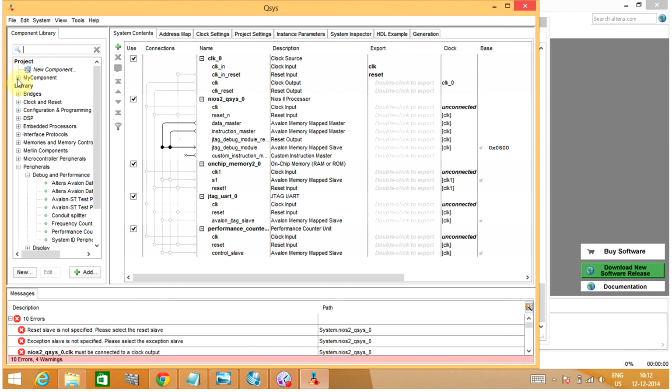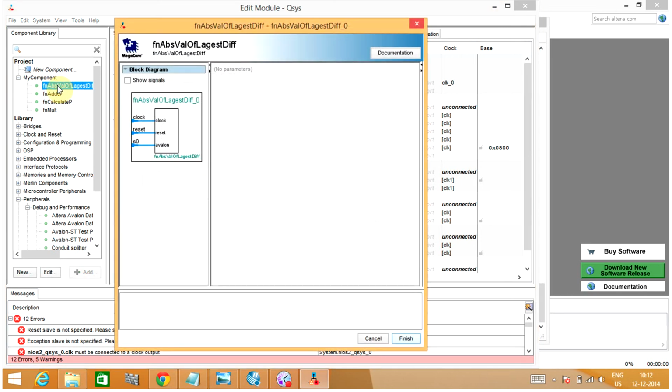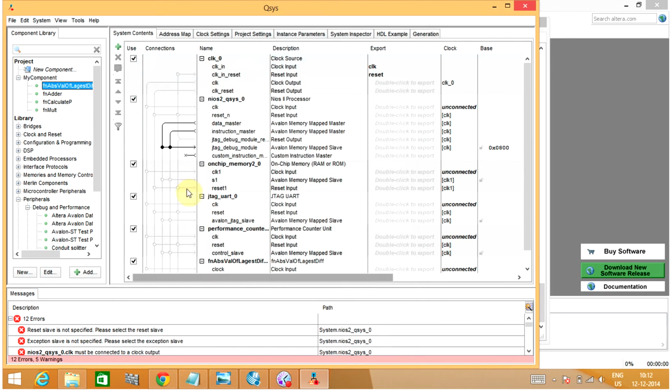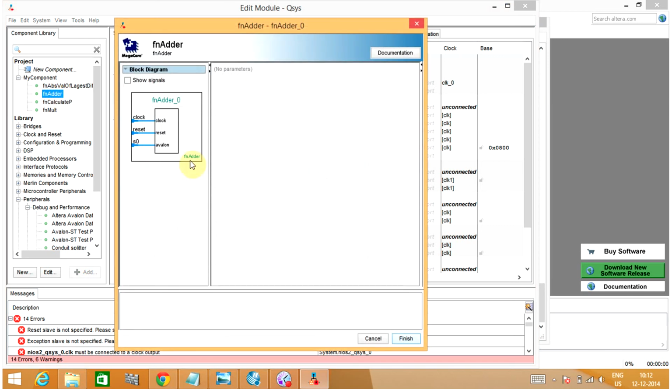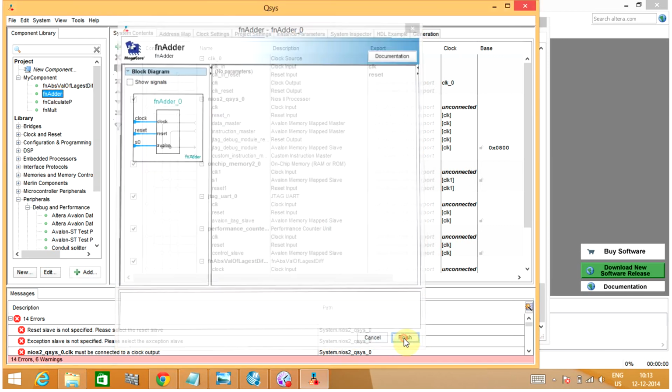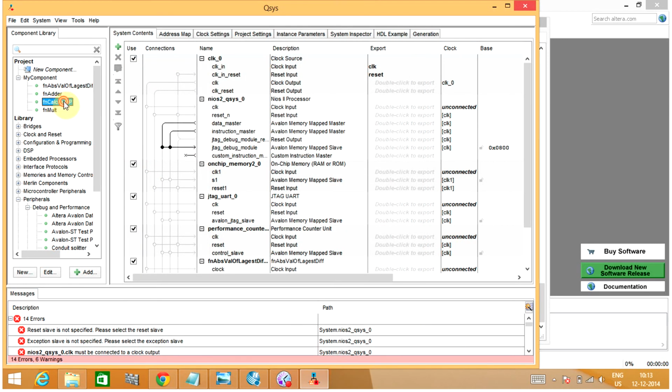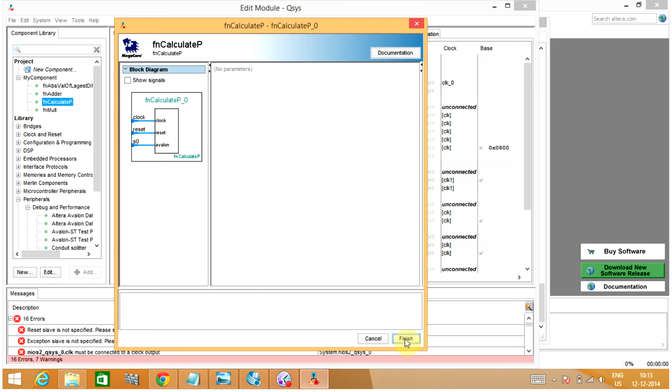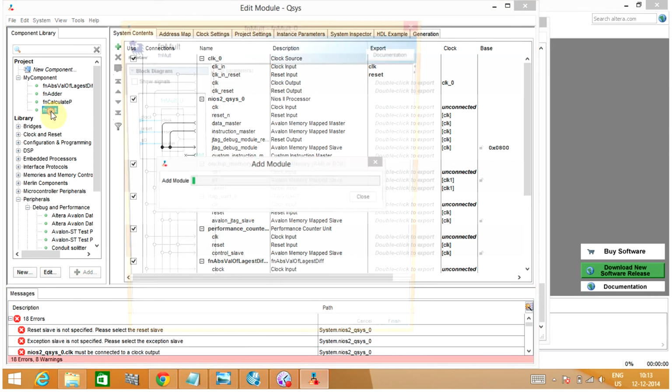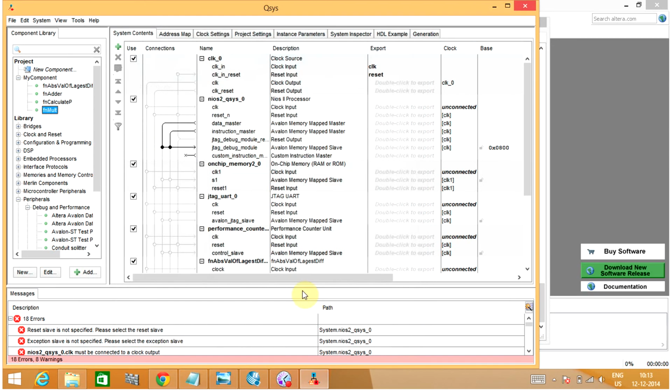Now we could include the functions that we have created as our own components. All of these components will have clock in common, so we need to connect that. Clock, reset. And there are a lot of errors that you can see below. This is simply because we haven't made any of the connections and we haven't assigned them their base addresses. As you see, as I make every connection, the error count is going down.